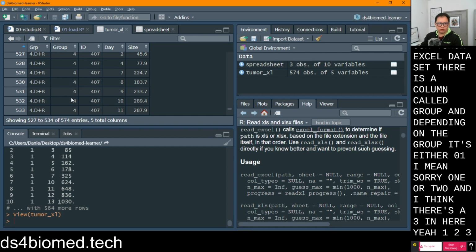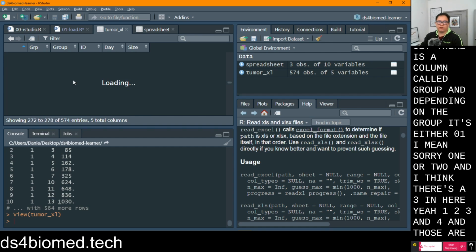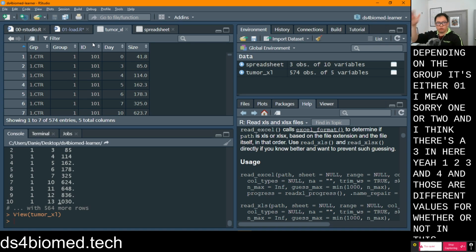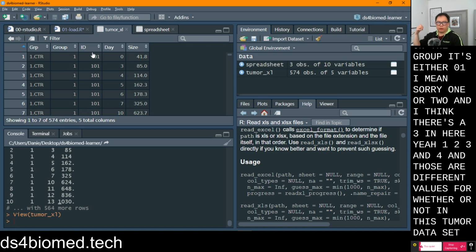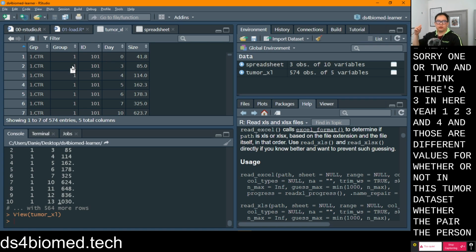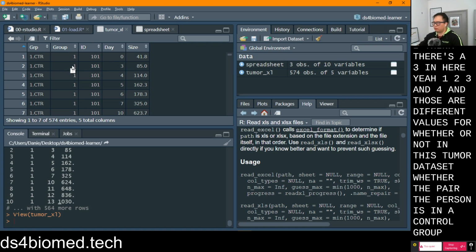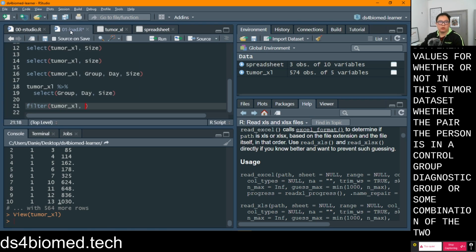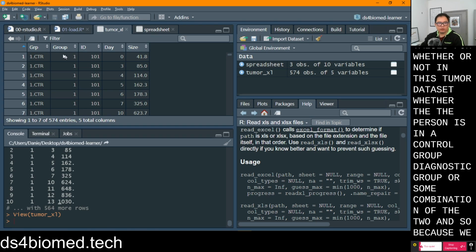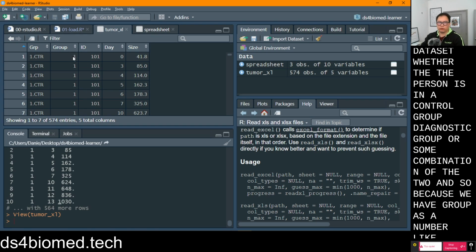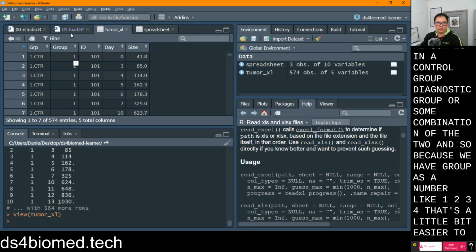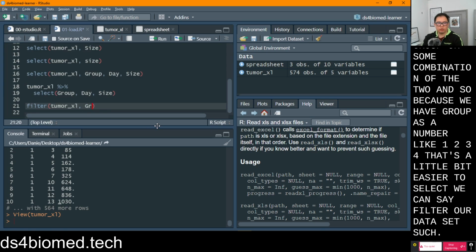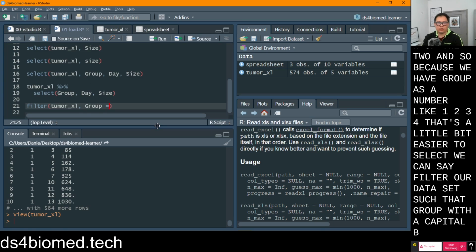1, 2, 3, and 4. And those are different values for whether or not, in this tumor data set, the person is in a control group, a diagnostic group, or some combination of the two. And so because we have group as a number, like 1, 2, 3, 4, that's a little bit easier to select. We can say filter our data set such that group with a capital G is equal to